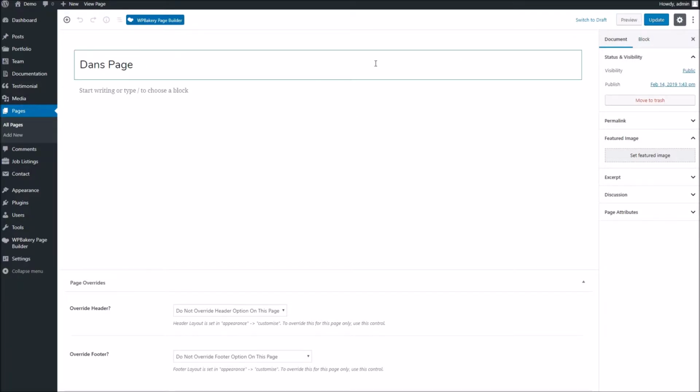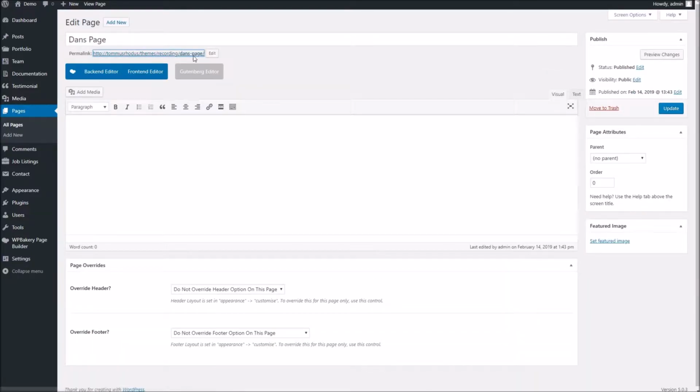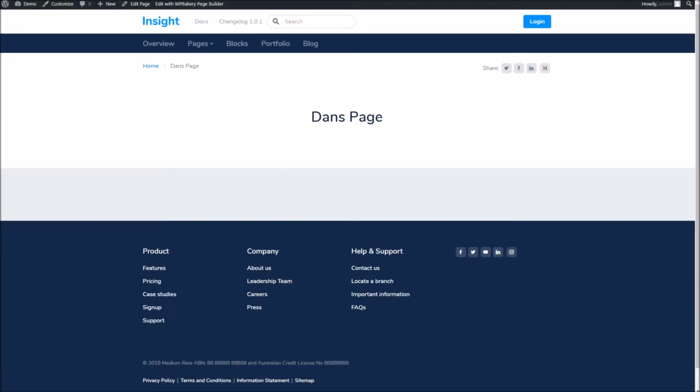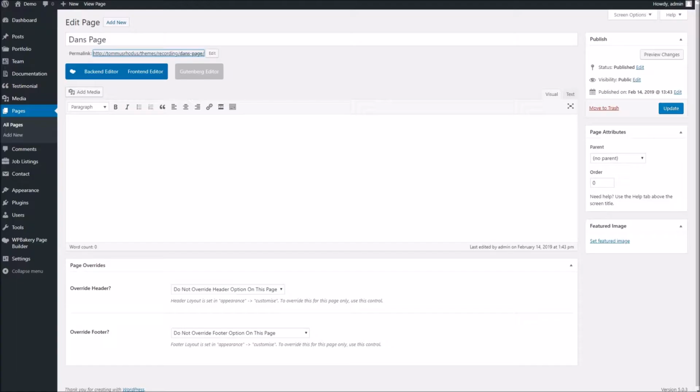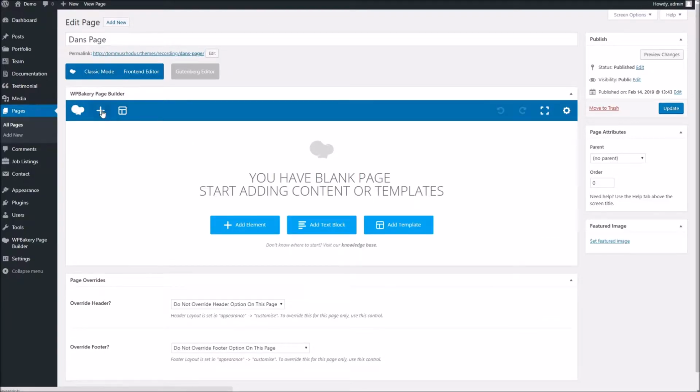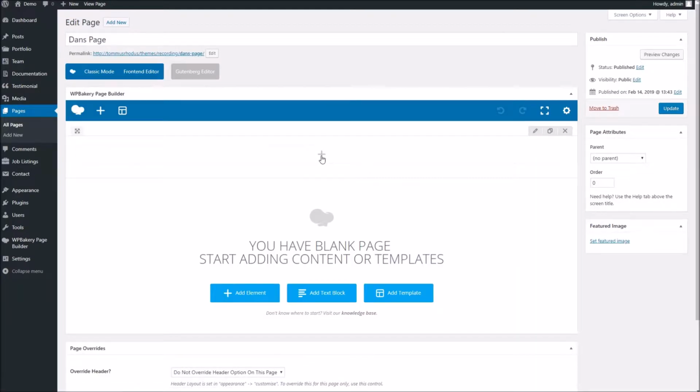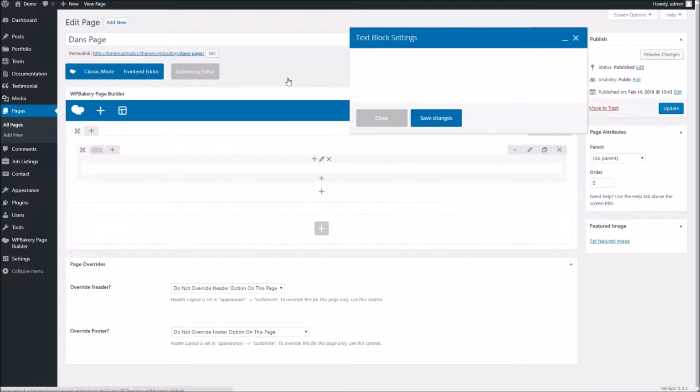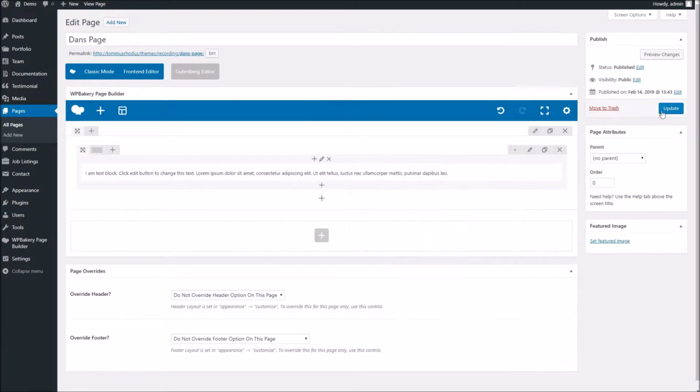Okay, so you'll notice this is switched back to the standard WordPress editor. That's to be expected. To activate the Bakery page builder, you need to click the button here. And what you'll notice with any fresh page, without any content in there, you'll simply get a basic WordPress page like you would expect. As soon as you add any Bakery content in there, so if I just drop in a random block here and hit save,